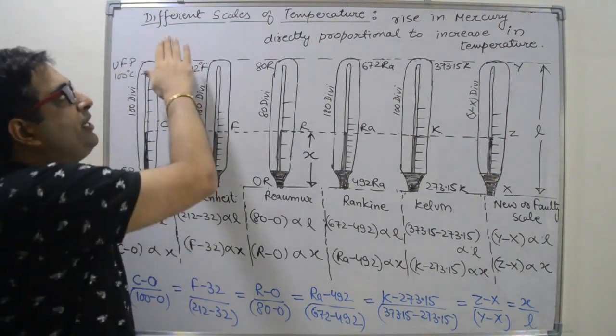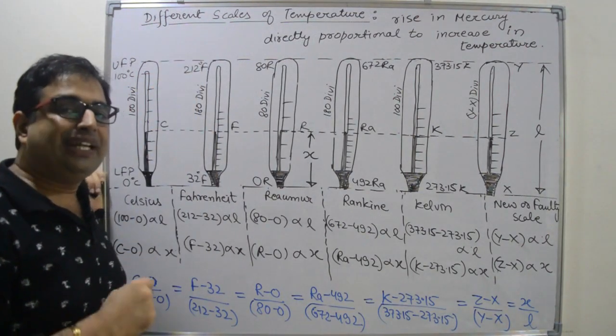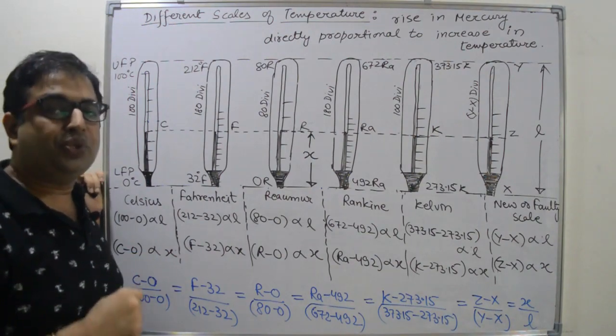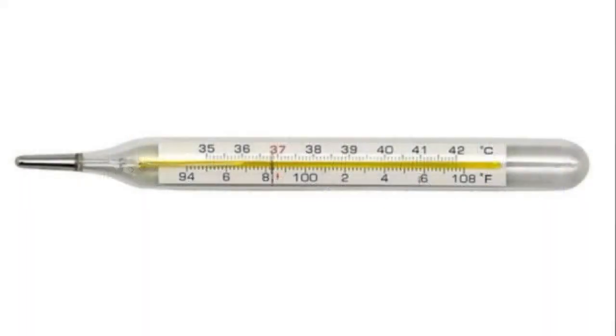Next point is different scales of thermometer. Before starting this topic, let us see a simple thermometer used to measure body temperature. So see this thermometer. Here we have two different scales. The upper scale is the degree Celsius scale and the lower scale is the degree Fahrenheit scale. The upper scale starts from 37 degrees Celsius to 42 degrees Celsius, and the lower scale starts from 94 degree Fahrenheit to